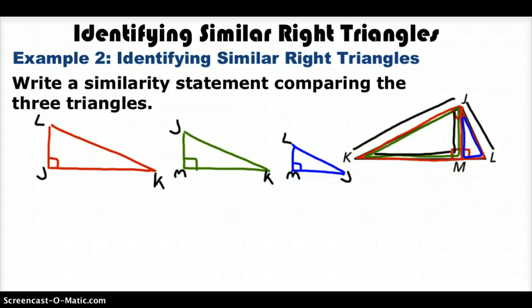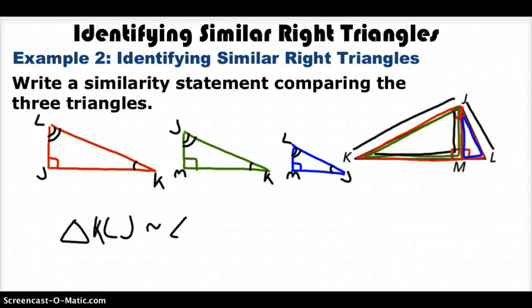Now I just have to write my similarity statement. I'm going to make sure that I follow the correct order, remembering that all of these angles are congruent and that all of these angles are also congruent. Make sure you're consistent with your ordering. There are lots of right answers here, but I'm going to call this triangle KLJ, excuse me,